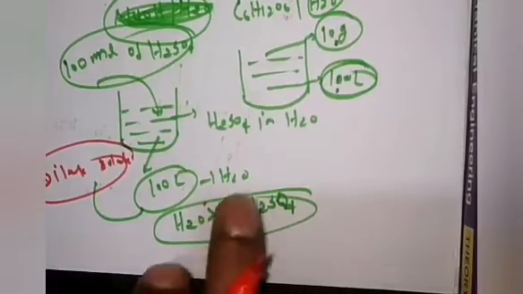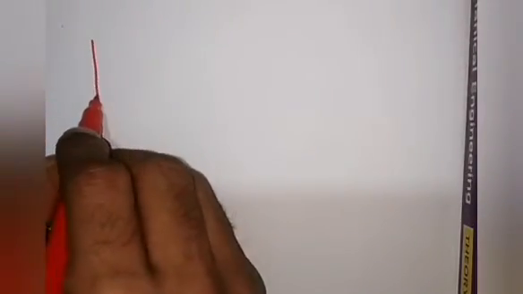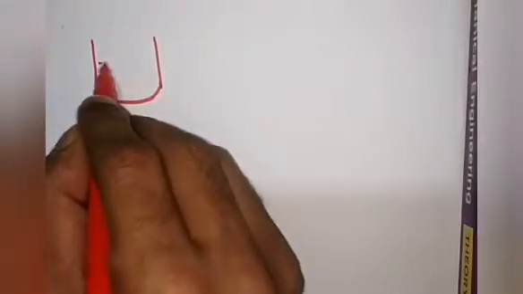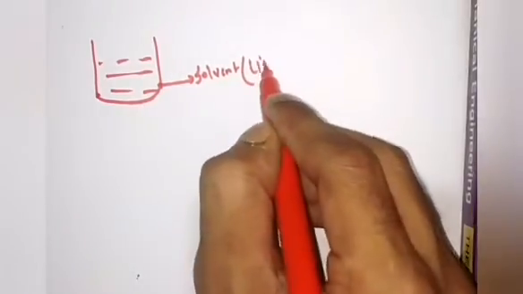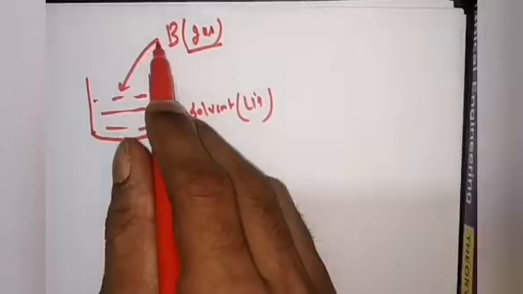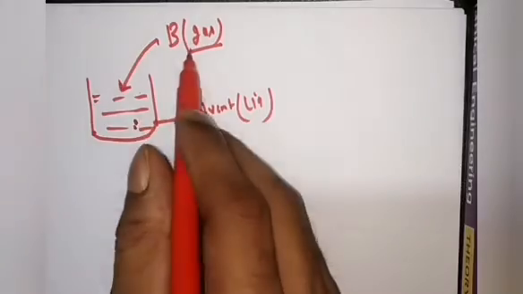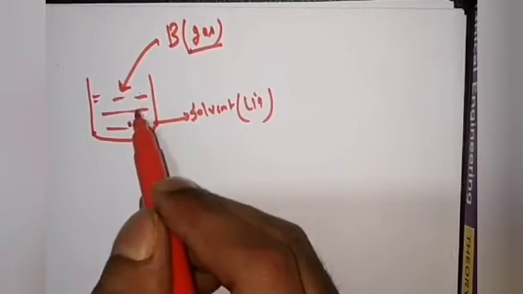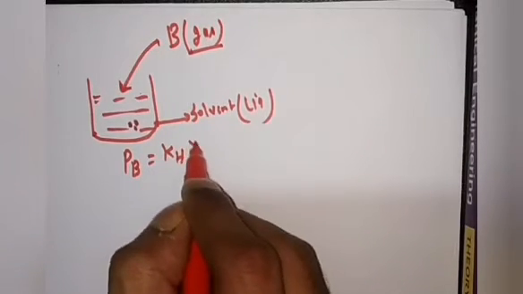Now I am going to use this concept in Henry's law. What does Henry's law tell us actually? If this is a solution, and this is the solvent in the liquid state, and we add B as a solute in the gaseous phase, what will happen here? When B comes in contact with the solvent, B dissolves into the liquid, and then B will exert a partial pressure. The partial pressure of B, P_B, as I have discussed, is equal to K_H into